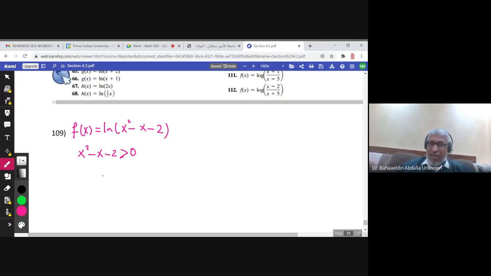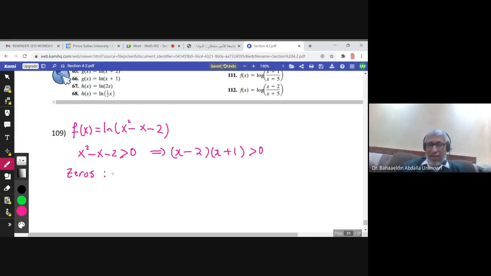This inequality is not a linear inequality. We have degree 2. So this is a degree 2 inequality or quadratic inequality. We solve quadratic inequalities by finding the zeros of the left-hand side. And to find the zeros of the left-hand side, you need to factor it. So x squared, you can write it x times x, and you can search for two numbers. Their product is negative 2, and their sum is negative 1. So you have negative 2 and plus 1. Now x times x is x squared, negative 2x plus x is negative x, and negative 2 times 1 is negative 2. So now the zeros